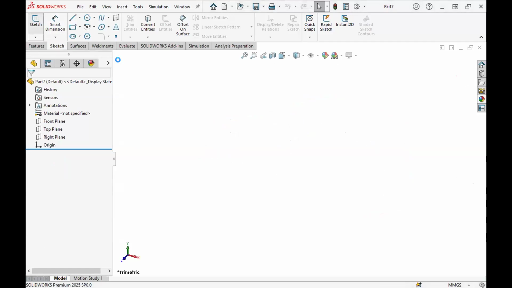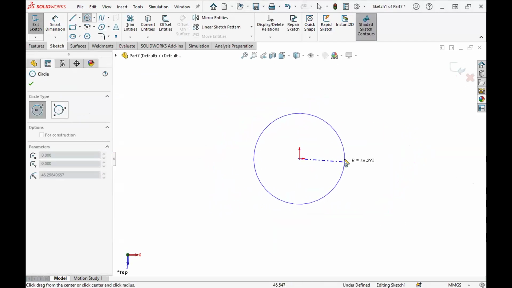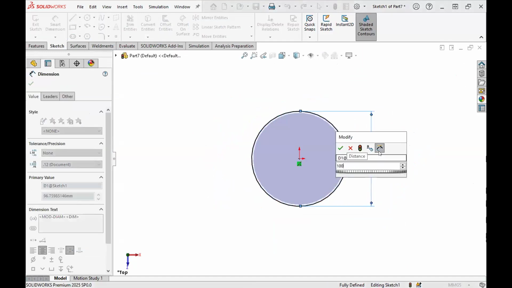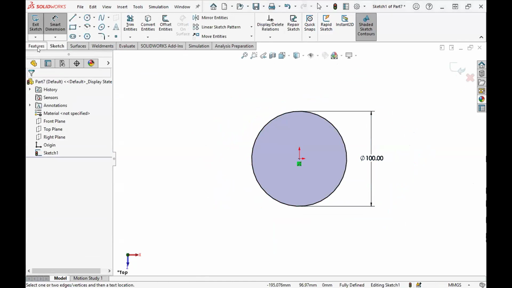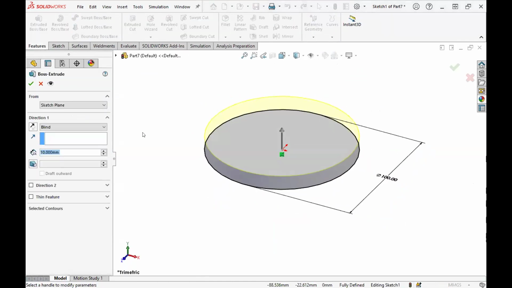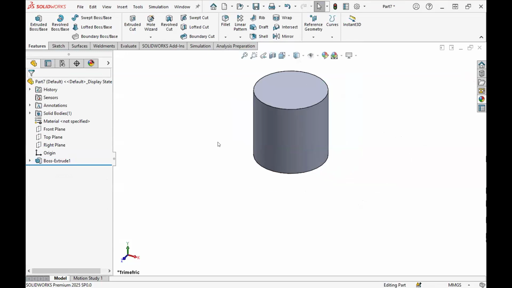So let's say I want to make a cylinder, and I'm not using surfacing yet. I'm just doing my normal workflow. I can make my circle, my cylinder, and it's going to be 100 millimeters OD and some length. Let's just say 100 as well. Okay, that's my cylinder using solid modeling techniques. But if I want to make this with surfacing, then what I can do